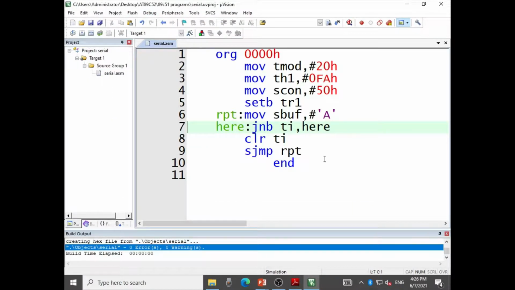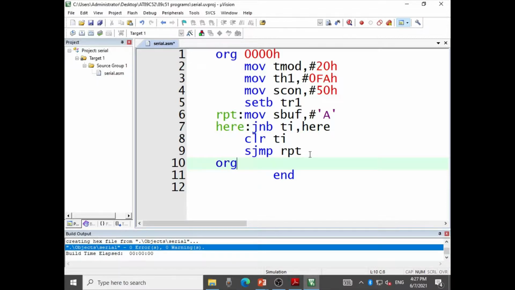Now this is the program where a single character was transmitted. I want to modify the same program, and instead of transmitting a single character, I want to transmit a string of characters. Say I want to transmit three letters, that is YES. So what changes do I need to make in the program? Timer will have the same role, serial communication will have the same role.